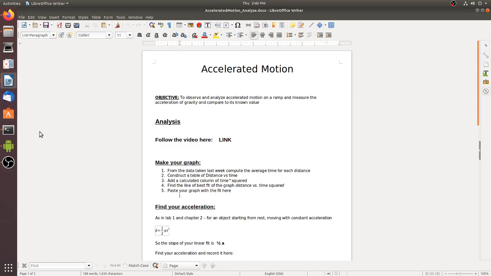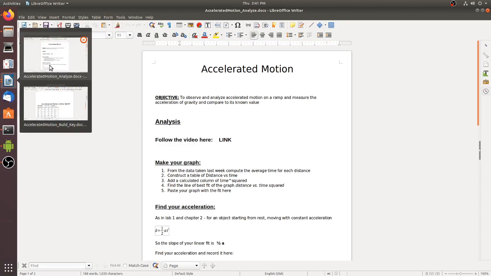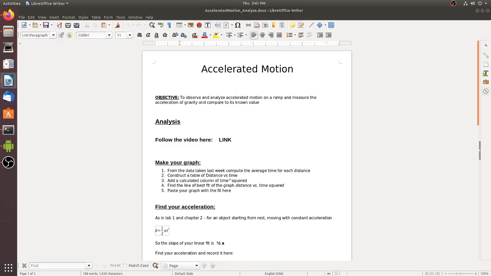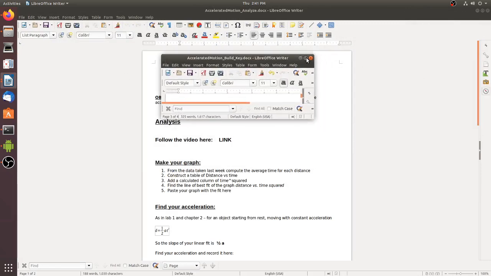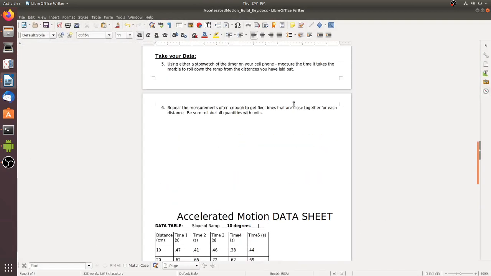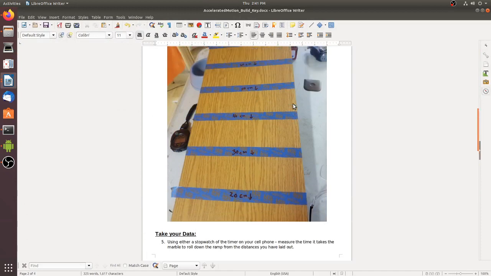And I have my own set of data. Where is it? Move it over here. Okay, here's the experiment I did. I tilted